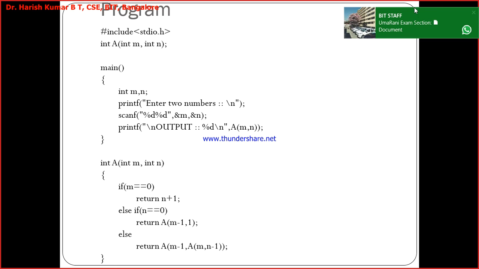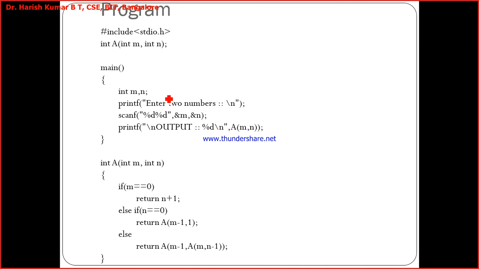Okay, so now I have the implementation of the same. So just keep computing the answer for A of 2 comma 4. We'll just discuss the implementation. I have taken the function prototype with the name A, the Ackermann function, and two non-negative arguments m and n you have to pass. We read two non-negative integer values m and n, and then call the Ackermann function with those two arguments. As I already told in the previous class, every recursive function should have a termination condition.